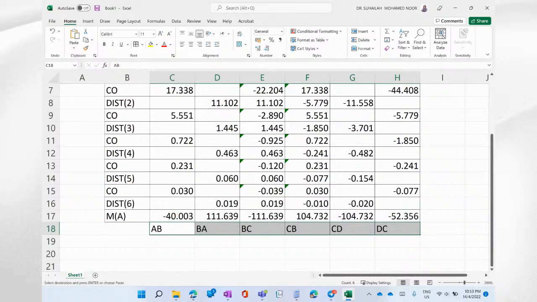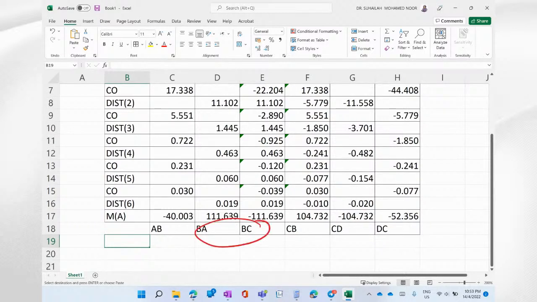So we have here 40, AB, MAB is negative 40, MBA, MBC. These two, when we add these two, must be 0. So when you get other than that, it means that something is wrong somewhere. You must get 0 because in the question just now,